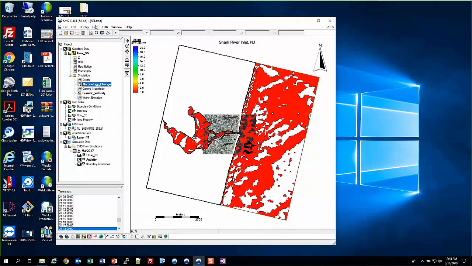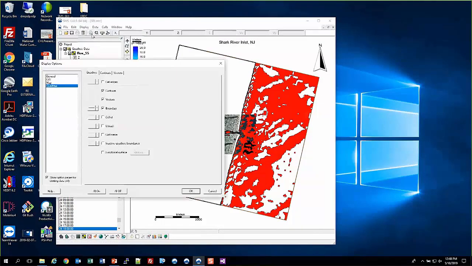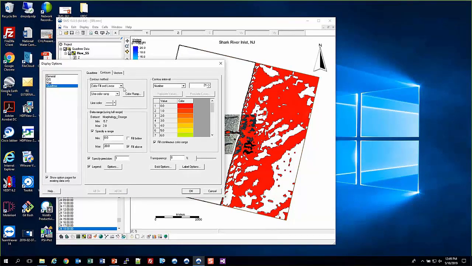So you can come in here, display options. For the quad tree, we have contours turned on. Right now, I'm going to uncheck the box of vectors, and then go into the contour tab. And so by default, or right now, we have our colors that look like this. It was set up to have 21 contour intervals. We can change this number to whatever we want, and it will update the range showing here. And it shows us what the range is